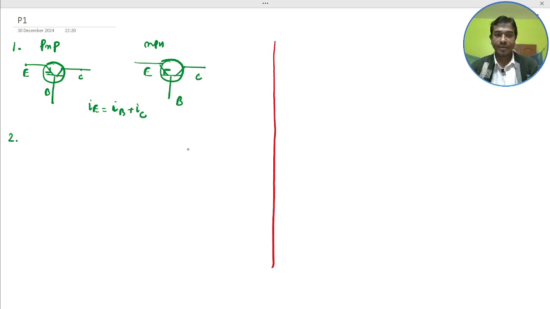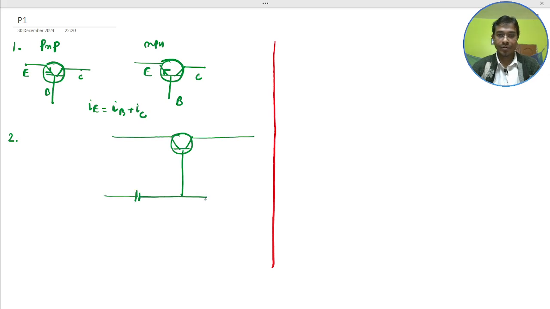Here this is the transistor. So this is a point and here is voltage applied. Here, this one the R1, this is the R2,